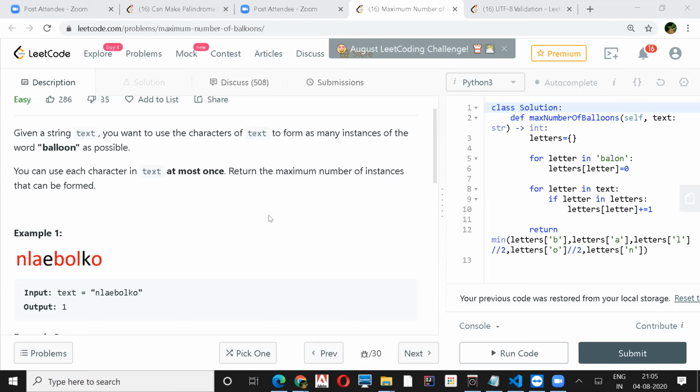No, first I will traverse the whole string and find B. If I find the B, then again I start from index zero and search for A. Then again L, L, O, O, N, like that. So every time he's traversing the balloon word and searching whether that character is present in this string or not. Every time we start with zero index and find the next character in the row.